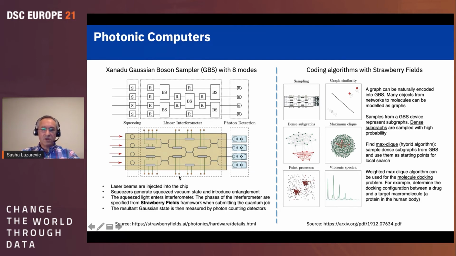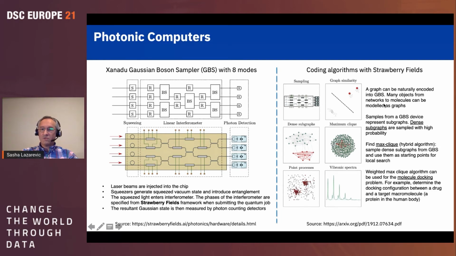So this particular machine is called a Gaussian boson sampler. Why Gaussian boson sampler? Well, boson is just to say that this is light. Bosons and fermions are just waves and particles. So bosons are light, and a sampler is a machine that is creating a probability distribution. That is what it is doing. And Gaussian is because it produces a normal, or Gaussian, probability distribution. So is this useful? Well, it turns out it is.